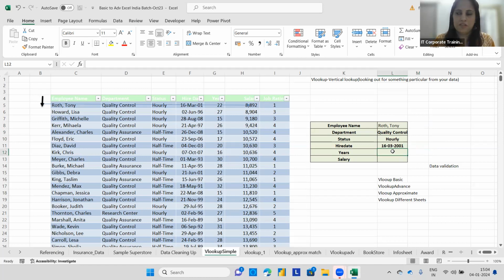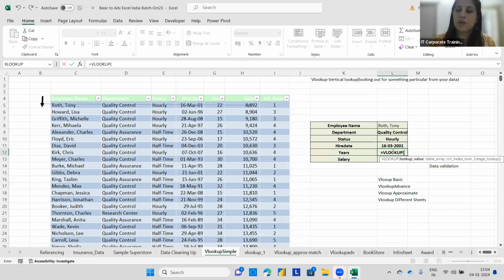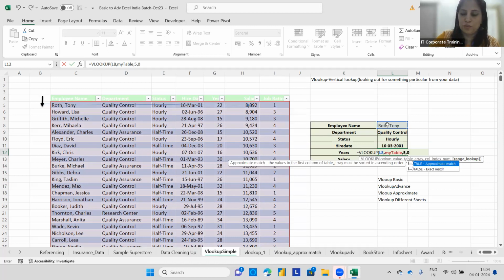Now go with the years, find the years and tell me. Is equal to VLOOKUP. What is my lookup value? It's going to be Roth Tony again, comma, what my table array is going to be. It is going to be my table. Instead of going and selecting, I'm selecting the table I created. The index number is going to be 5. And the range lookup is going to be,